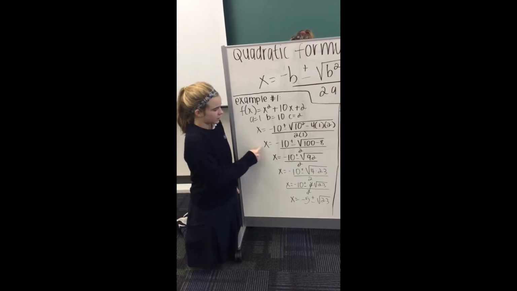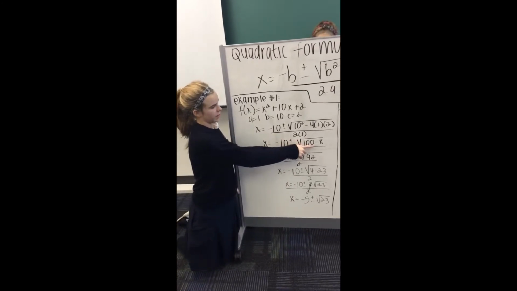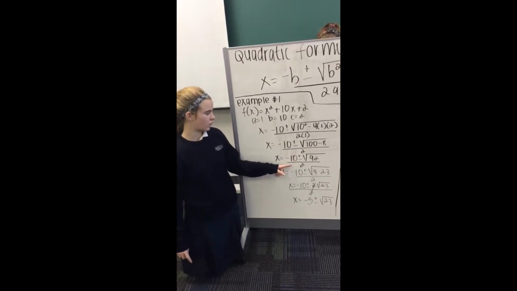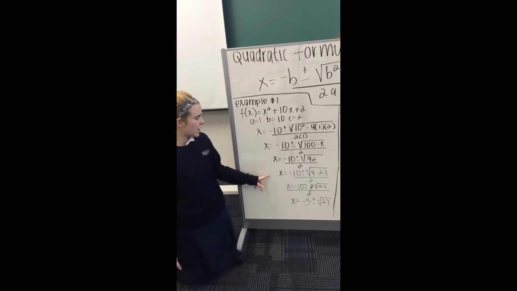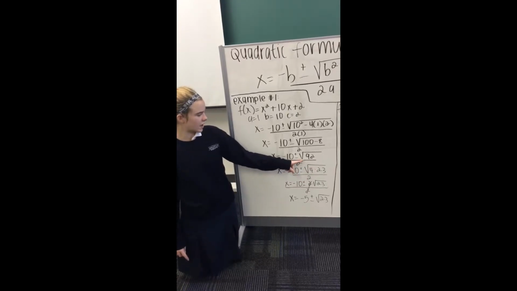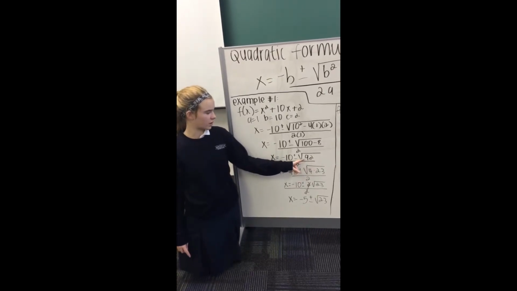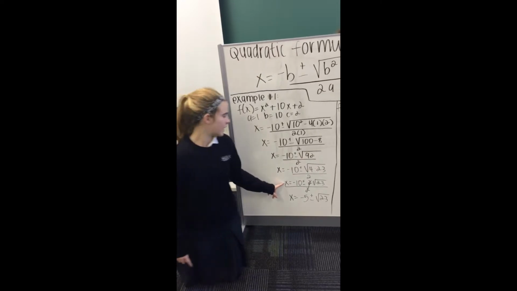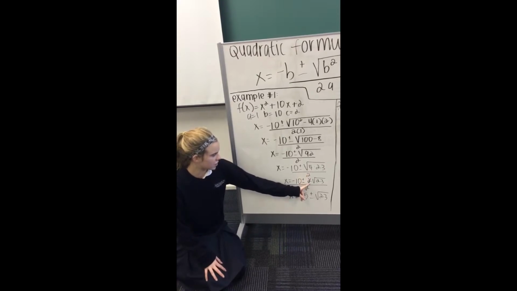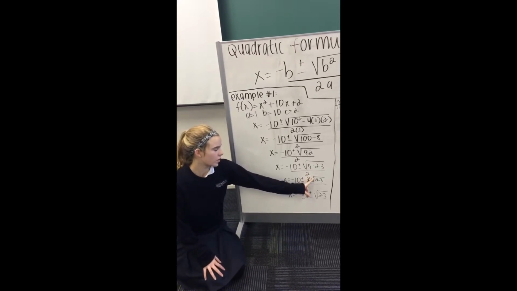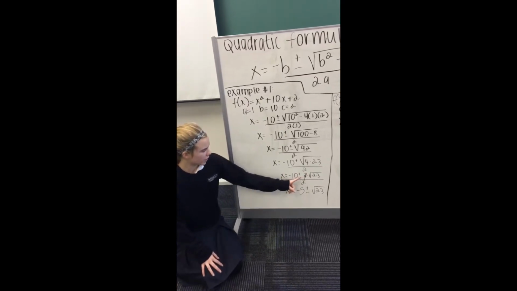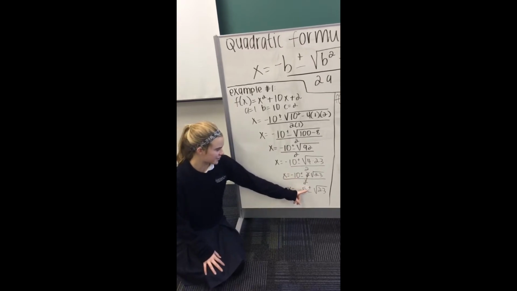Then it goes to x equals negative 10 plus or minus the square root of 100 minus 8, all over 2. And then x equals negative 10 plus or minus the square root of 92, over 2. x equals negative 10 plus or minus the square root of 4 times 23, because 4 times 23 equals 92, all over 2. And then x equals negative 10 plus or minus, you get the square root of 4 equal to 2, times the square root of 23, all over 2. And you can take out the 2 here and here, which equals x equals negative 5 plus or minus square root